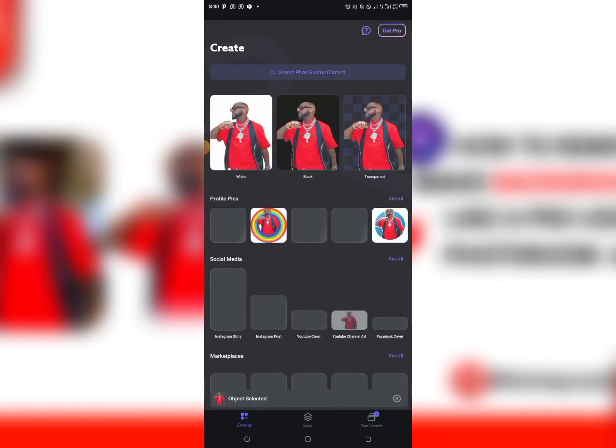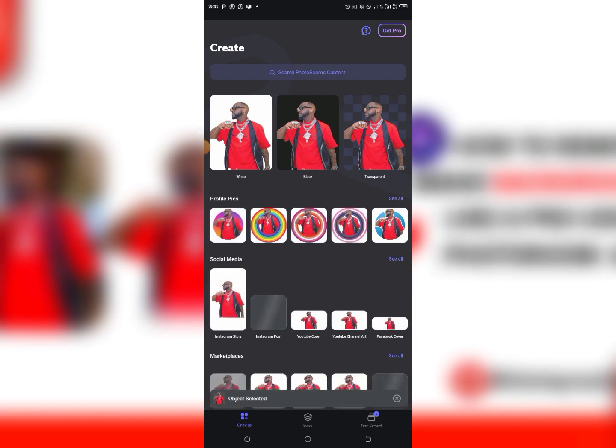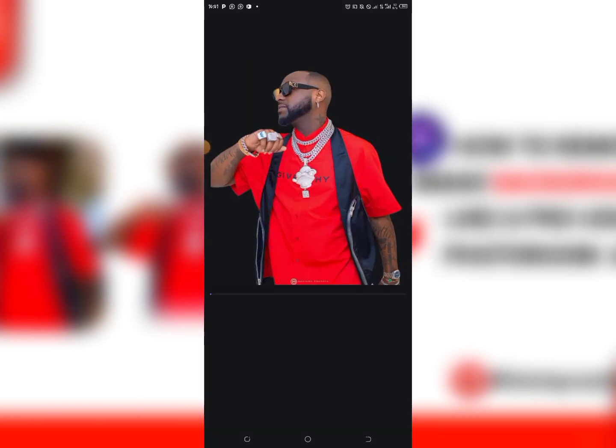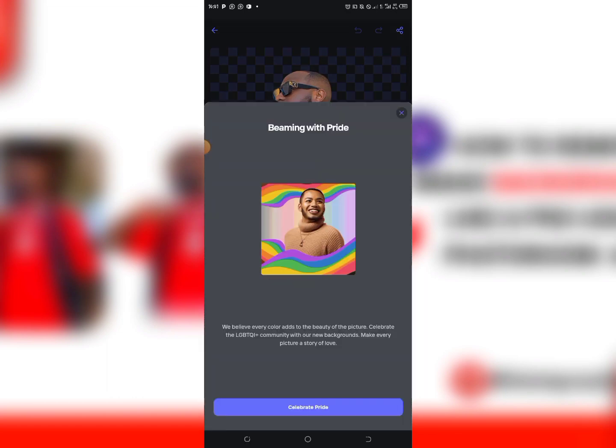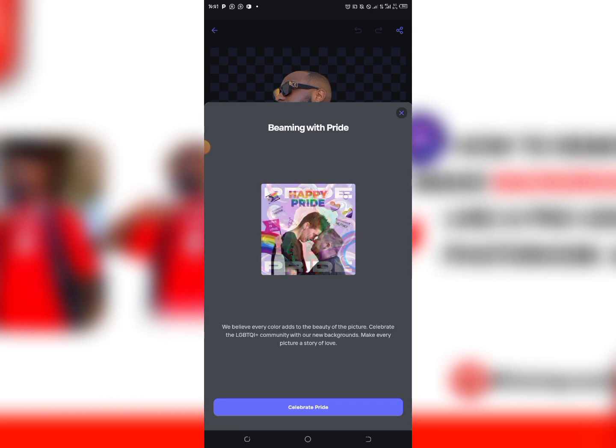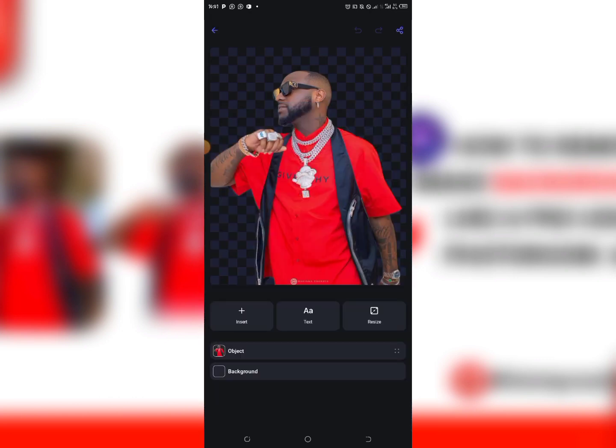So once the image has been scanned, you can see we have white, black and transparent. So you just click on the third one, which is transparent. You click on the third one where I'm pointing the arrow. After clicking on transparent, you'll be having this. As you can see, the quality of the image is not reduced. So you can just remove your background using PHOTOROOM, and the quality of the image you are removing the background from